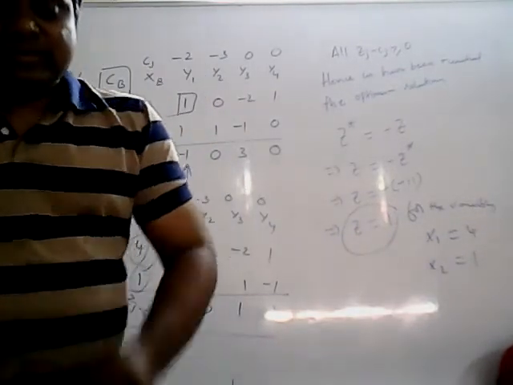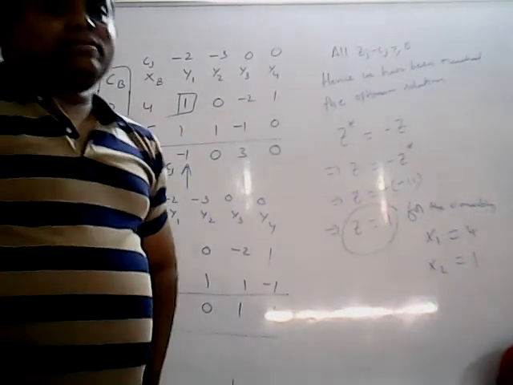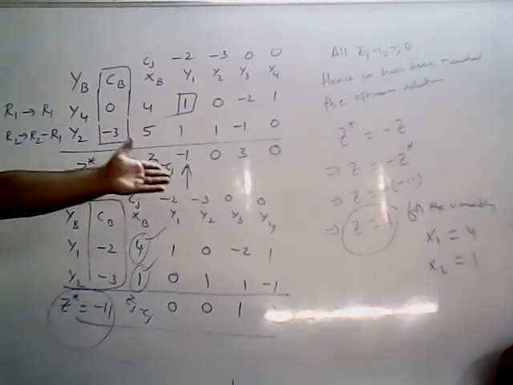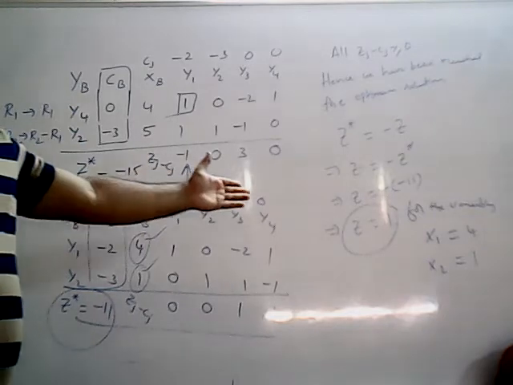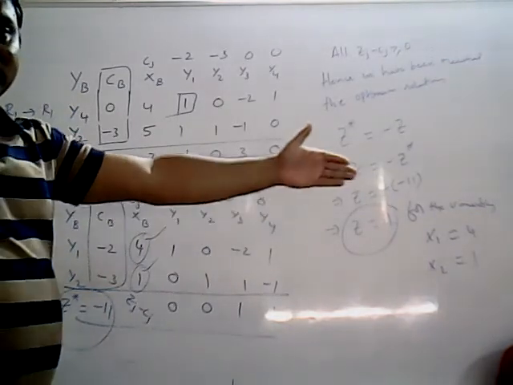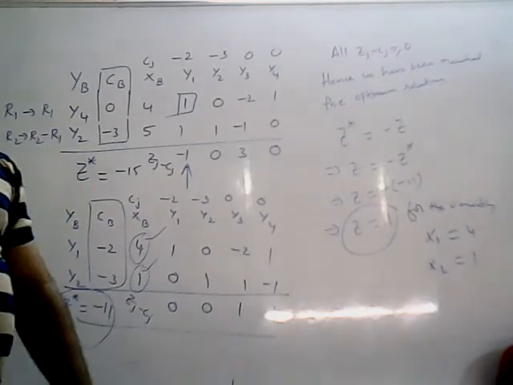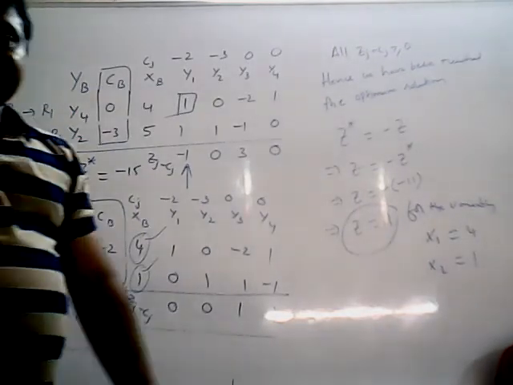That means if any one constraint is greater than or equal type or equal type, you can either use the Big-M method or the two-phase simplex method. In both methods you get the same answer: z equals 11 for the variables x1 equals 4, x2 equals 1. Okay, I hope all of you understood.